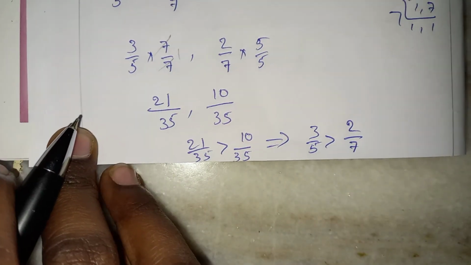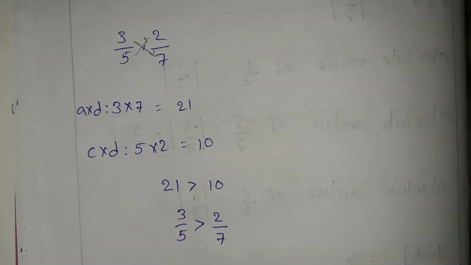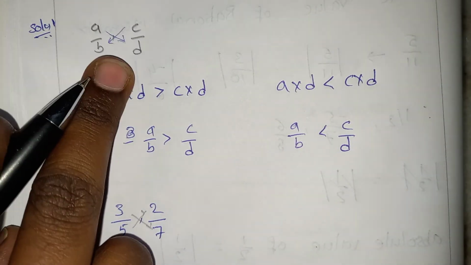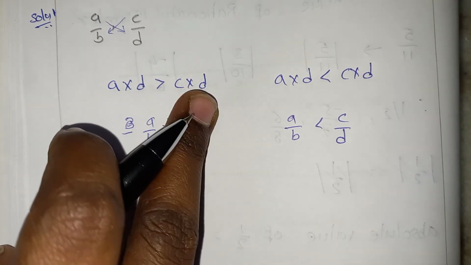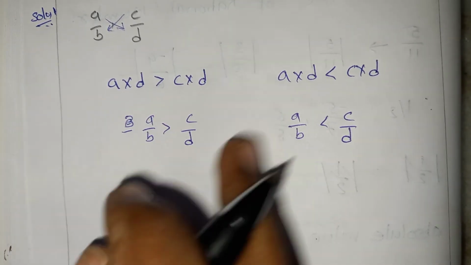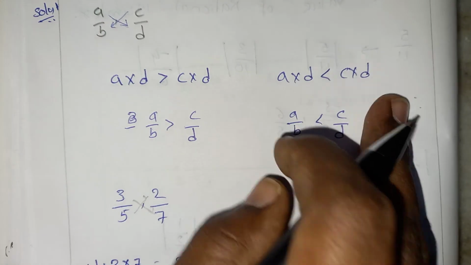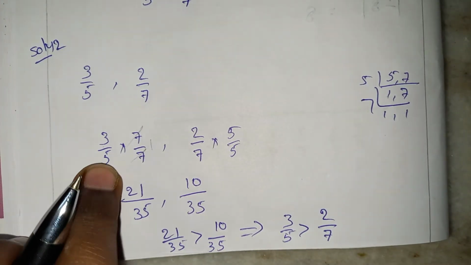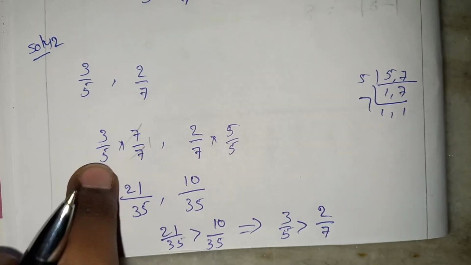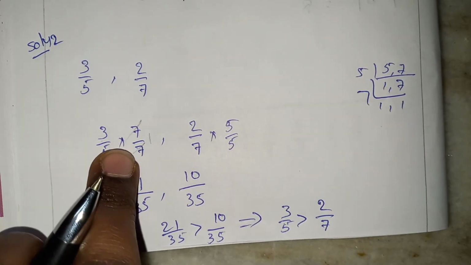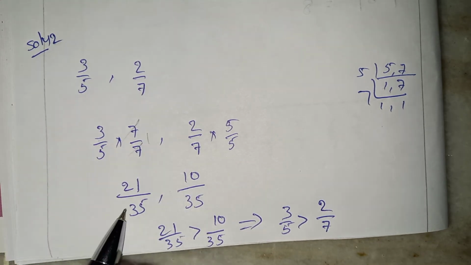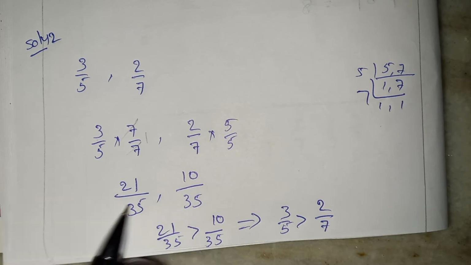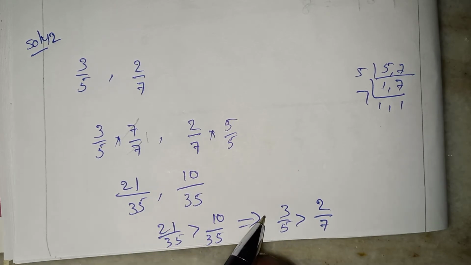To write the solution, you can use any of the types. You can use our first solution using the formula: A by D is greater than C by D means A by B is greater than C by D, or A by D is less than C by D means A by B is less than C by D. Or else you can also use solution 2. You have to take the LCM value. After cancelling with the down value, you have to multiply with that number, okay, and make the decimal value the same number and do the problem.